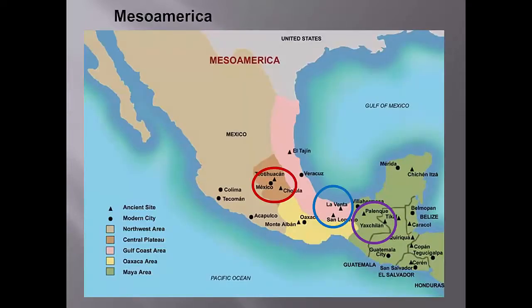So let's start with the area usually called Mesoamerica, areas we now know as Mexico and Central America. We're going to look at two sites. Yaxchilan, on the border between Mexico and Guatemala, and circled here in purple, was one of the many Mayan city-states. This one reached its height in the 8th century, which is during what archaeologists call Maya's classic period. Tenochtitlan, circled in red, is the Aztec capital and now Mexico City, the capital of Mexico. The Aztec Empire reached its height in the early 16th century when Tenochtitlan was captured by the Spanish conquistador Hernán